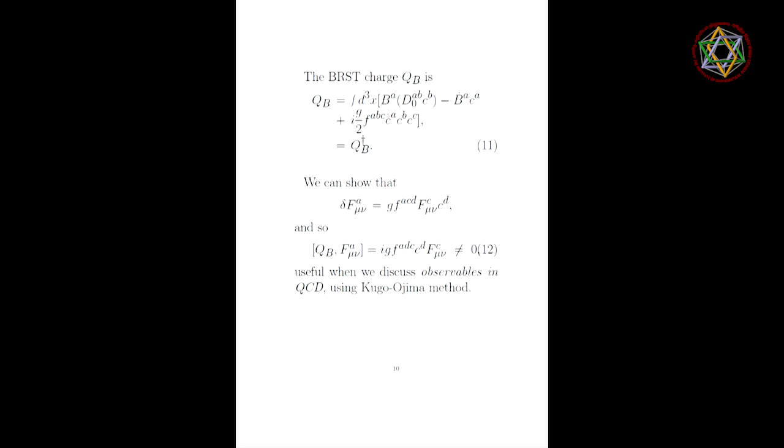The BRST charge Q_B is an integral over 3-dimensional space, and we can show that under BRST, delta F_{mu nu}^A is not 0. You will keep it in mind. And therefore, the commutator of Q_B with F_{mu nu}^A, which is this object apart from an i factor, is not 0. So, this will be useful when we discuss observables in QCD using the Japanese Kugo and